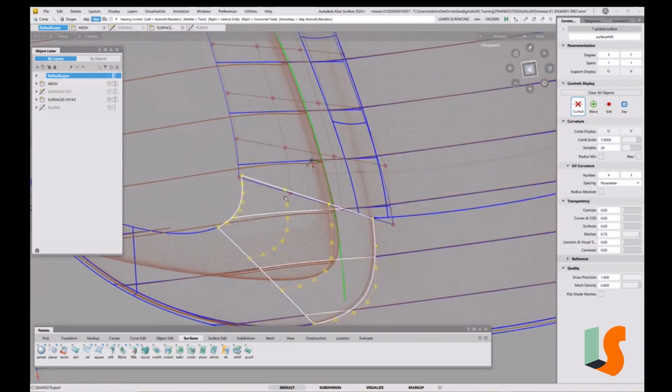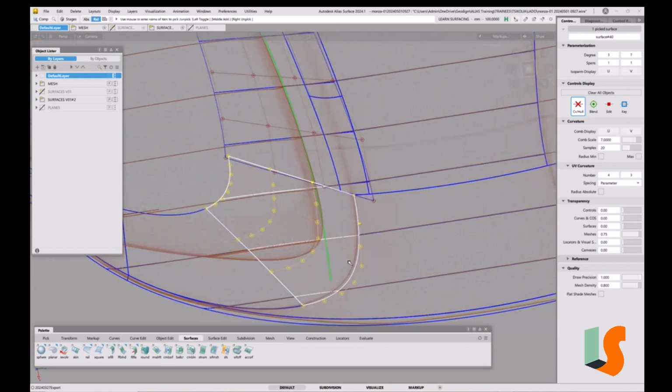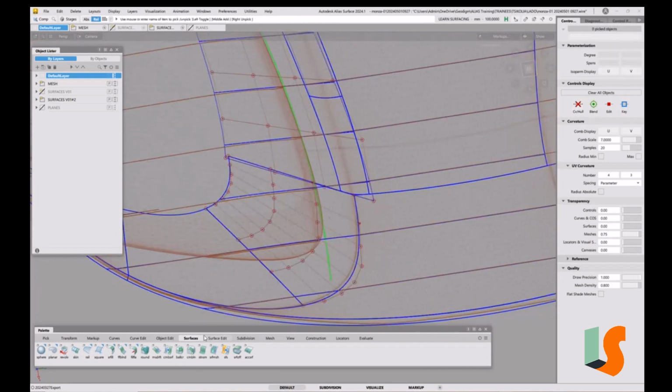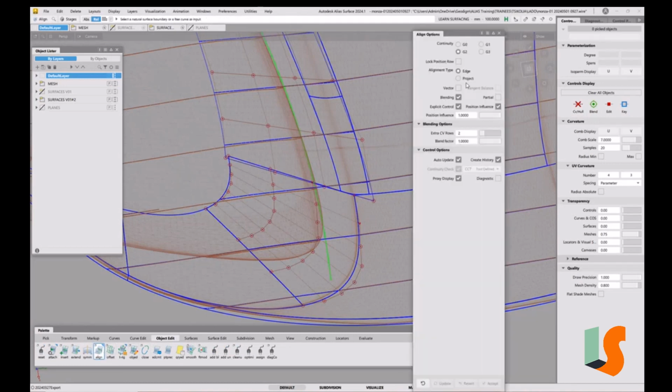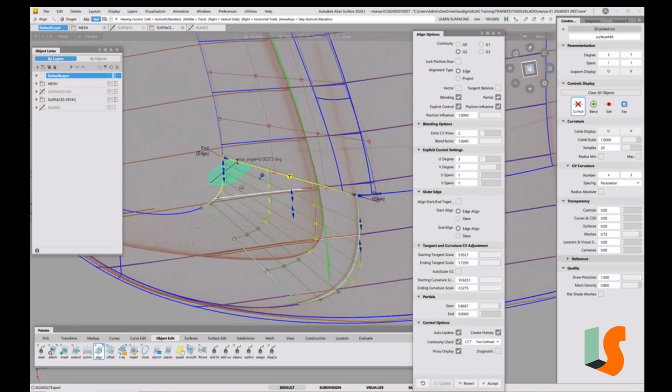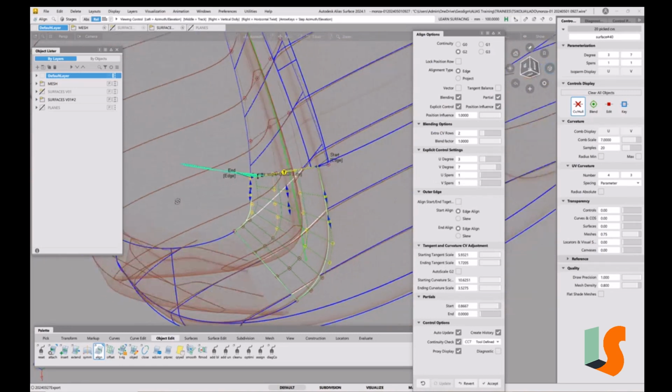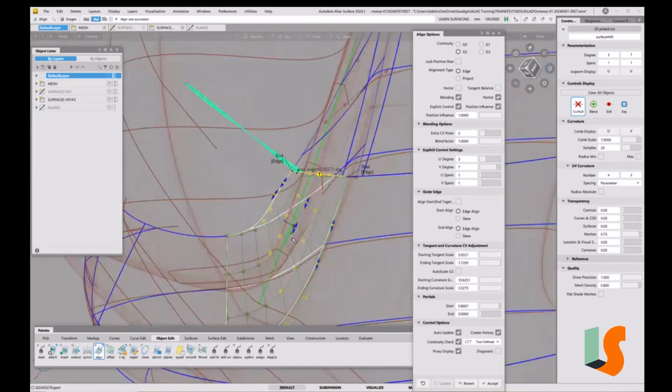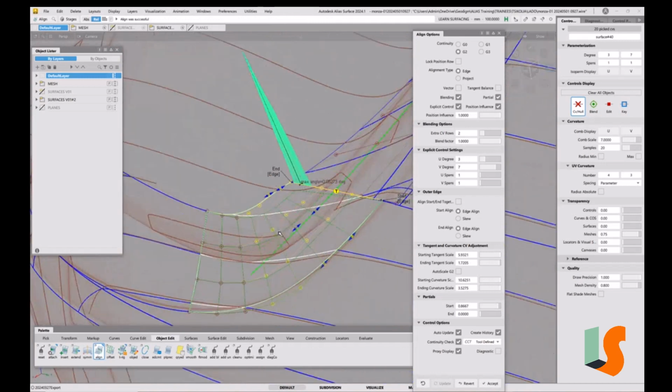And so this one, we should be able to just align that into there with a bit of blend on, and hopefully get a result that way. So object, edit, align. The fact that these are different lengths doesn't matter. We just put partial on. I've got blending on. I don't know how much blending we'll need, but go to there and here. And yeah, it does look really, although we're digging